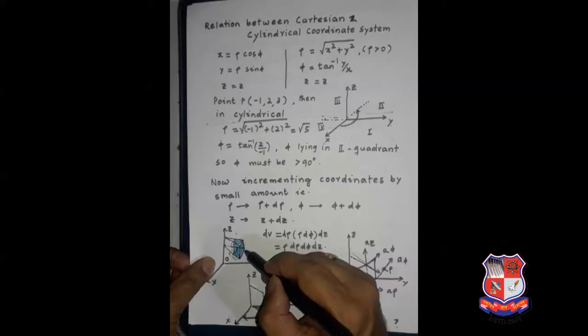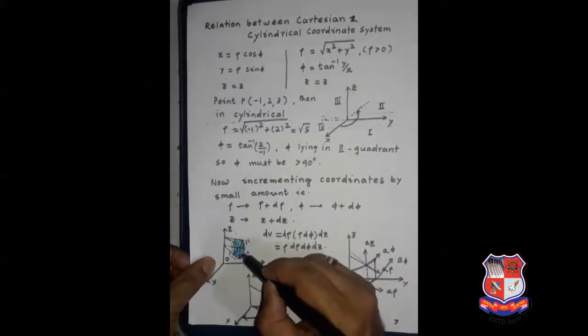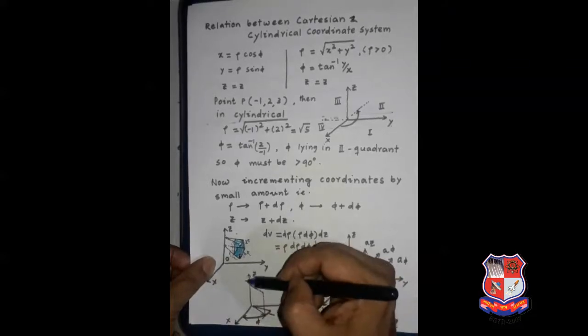But when you are taking the right hand side, here this is your delta phi, and here this is your del z or delta z. So for the equation for this surface on the right hand side, phi is increased by d phi, but it is not considered directly because you cannot multiply length into an angle. So again it will be rho d phi into dz. Similarly for the top surface, this is phi and this is your rho, so this will be rho d phi. In this way you can write down the expressions.